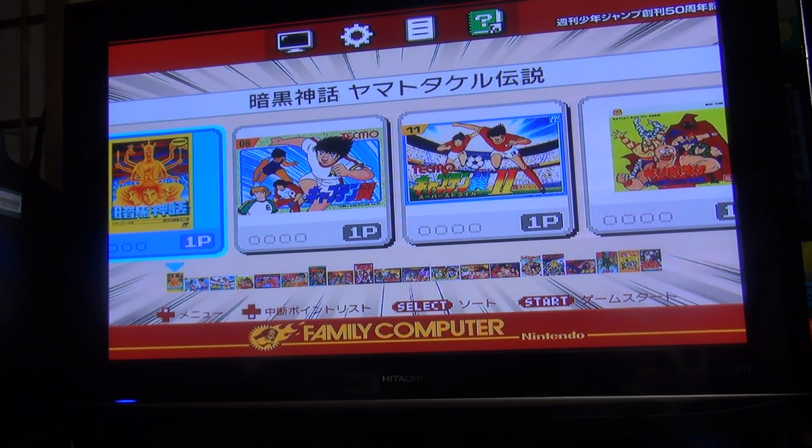That's pretty cool. Since this is the Shonen Jump Famicom Mini, they're going to put all the games that were based off of the Shonen Jump comics and later on anime and stuff. So we have Captain Tsubasa, Captain Tsubasa 2. Which one was it? The first Captain Tsubasa came out as,